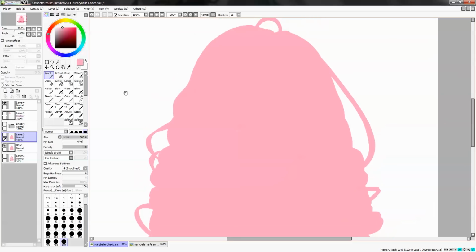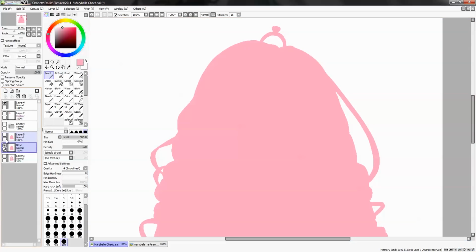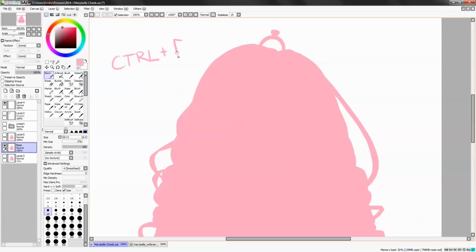And that's why you always should use Ctrl F. Always. I will write it down. Ctrl, or Control, I don't know. I always say Ctrl. Control F. Then it's the fill button, but it's not with the bucket tool.